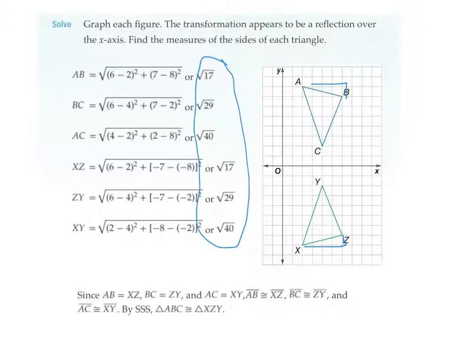So you've got 2 root 17s, you've got 2 root 29s, and you've got 2 root 40s. So all 3 sides are congruent by side, side, side. Now you can make